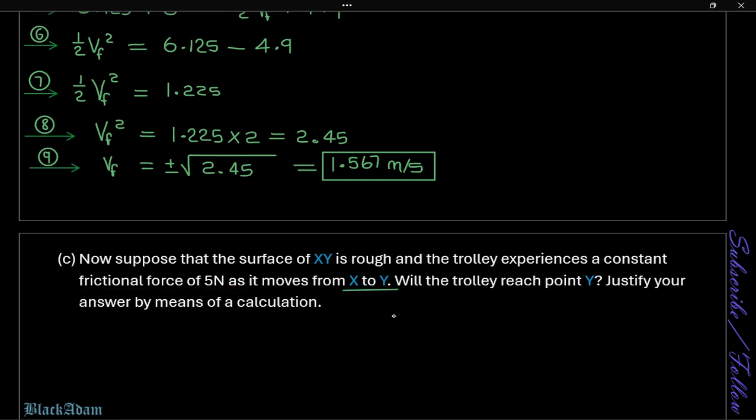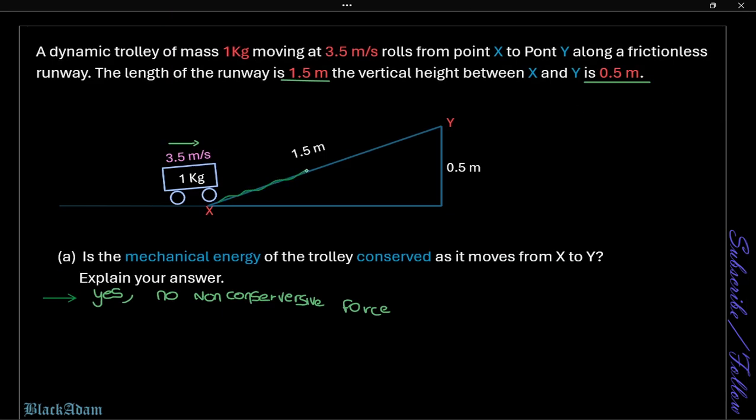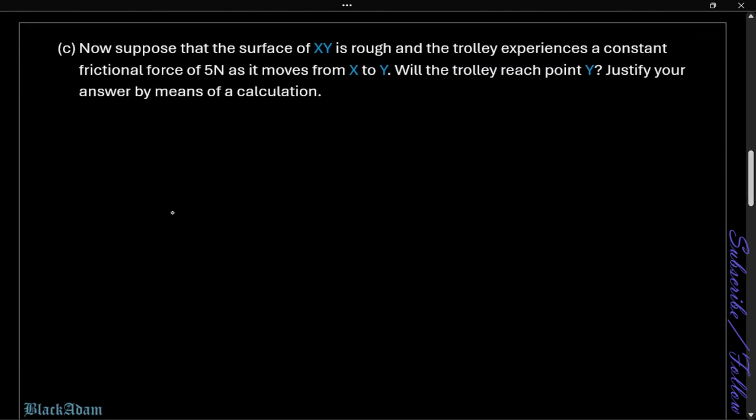Suppose that you have x and y, now it's a rough surface, and will it reach point y? That's what it wants to know. So we have a rough surface now, and do you think it's going to reach point y? So we have friction there as 5 Newton, 5 Newton our friction. So that means that